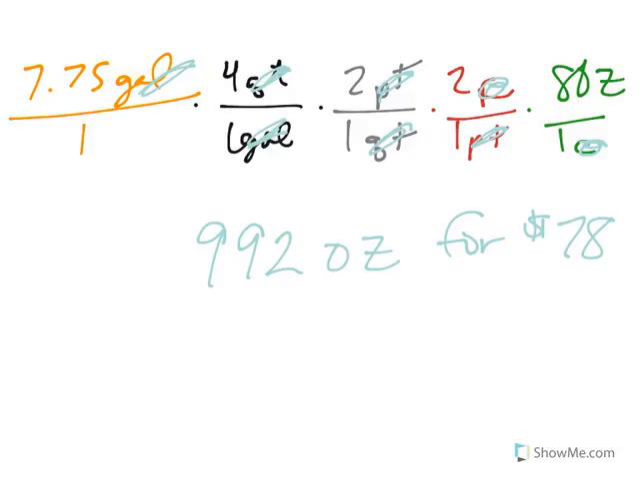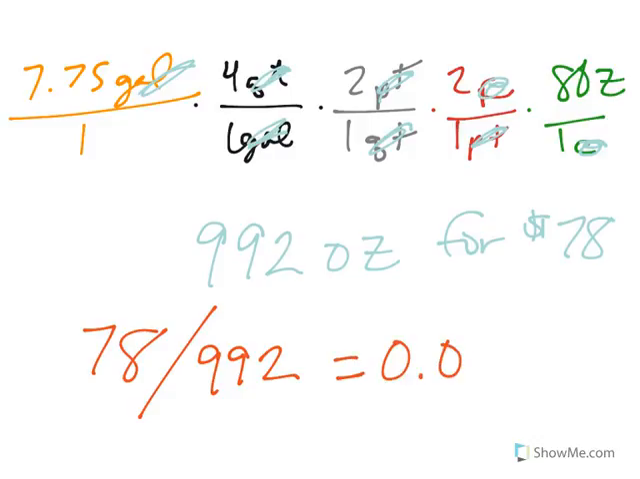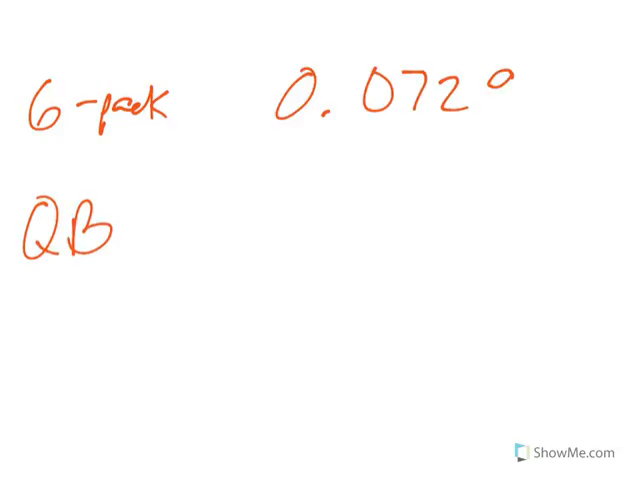So price per ounce. If I take $78 divided by 992 ounces, I end up with 0.0786. So to compare, we've got the 6-pack at 0.0729 and the quarter barrel at 0.0786. So if you're looking for the cheaper or the better deal, it's cheaper to buy 6-packs